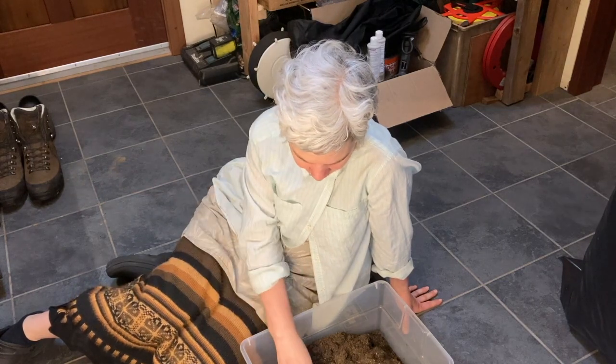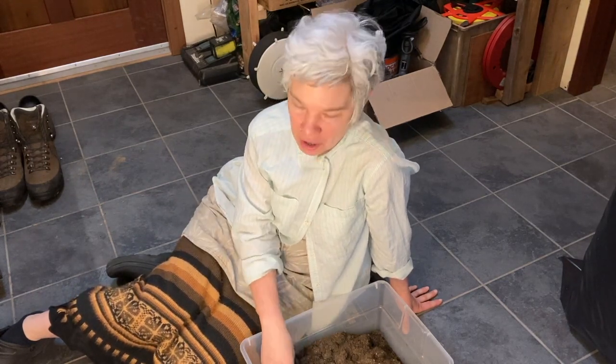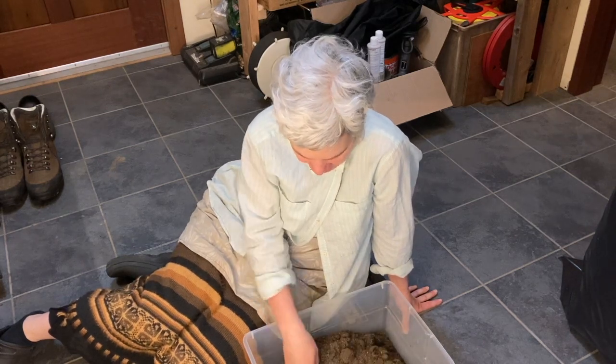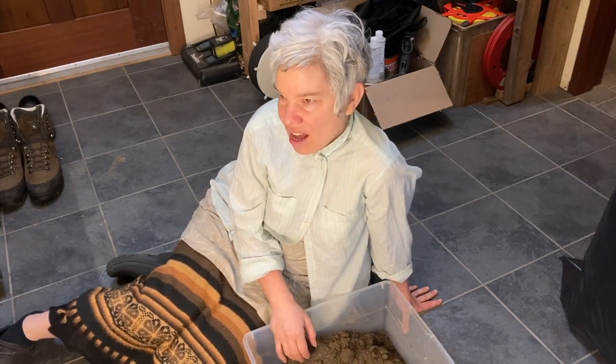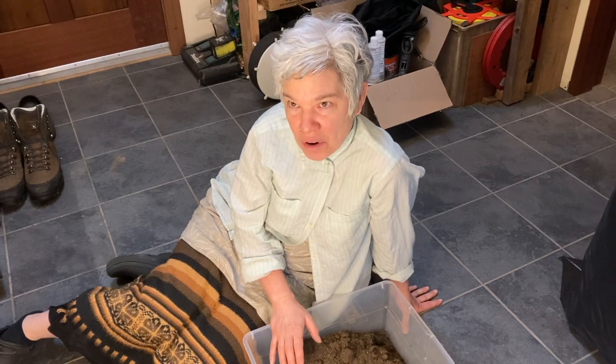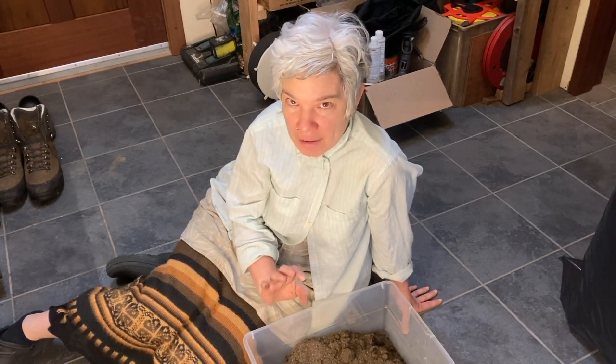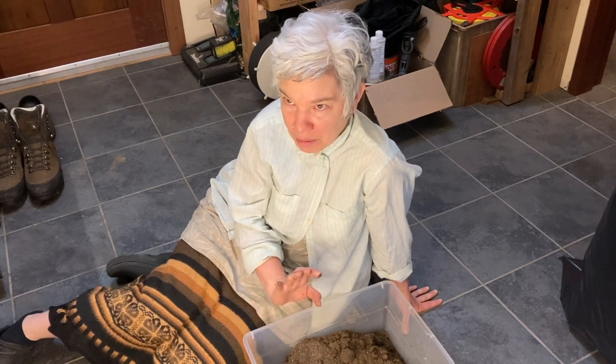Hey! So I left that container of soil out there in the water all night last night, and still in the morning there was only like a few of them at the little bottom part that got wet. So most of it's still just dry soil in here. I bought those containers from the hardware store, so if I ever needed to do just one tray of something quick, I would be able to do that. But